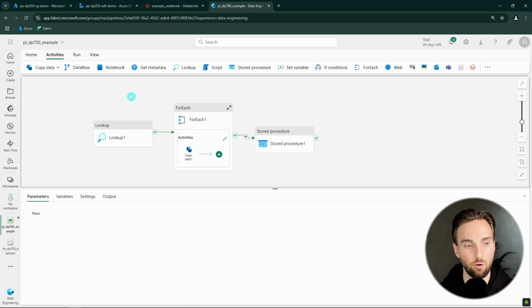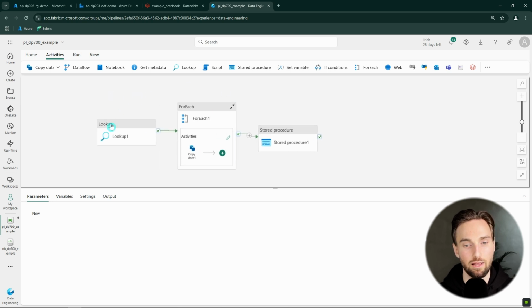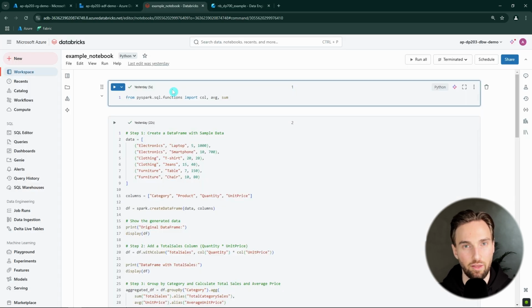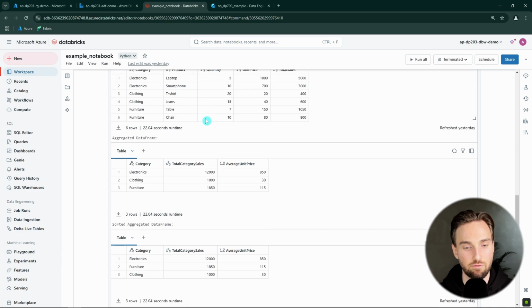Then on the Fabric side, we have this data pipeline tool that is almost an identical copy of Azure Data Factory, which means that if you learn one of these tools, you are able to pick up the other tool very easily as well. Then another example that we have here is Databricks, that is this notebook-based data transformation tool